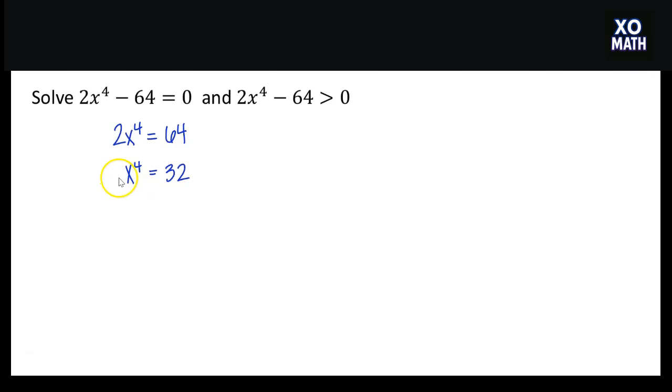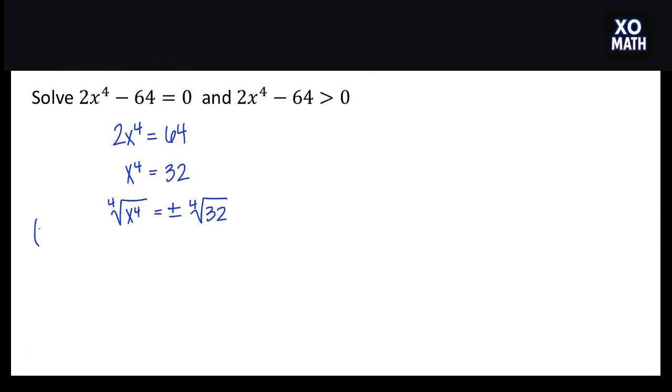Now we're going to take the fourth root of both sides of the equation. But since we're taking an even root of both sides, we're going to get out plus or minus. So we're going to have the fourth root of x to the fourth is equal to plus or minus the fourth root of 32. So now on the left, the fourth root of x to the fourth is just x,